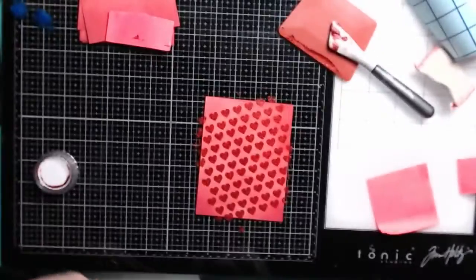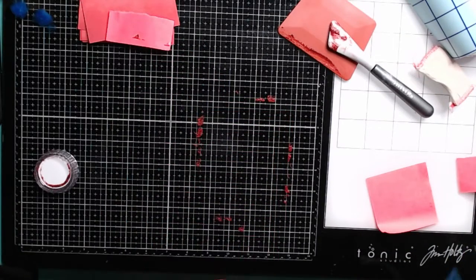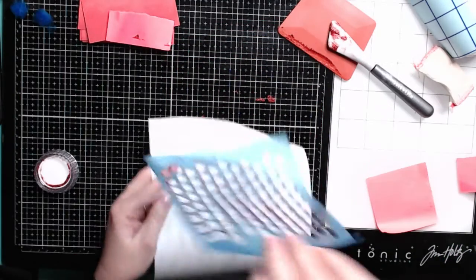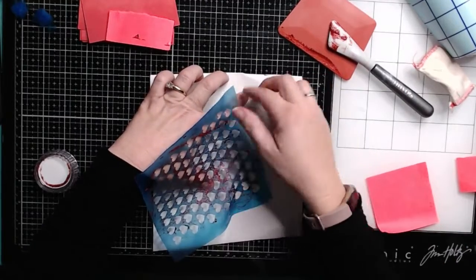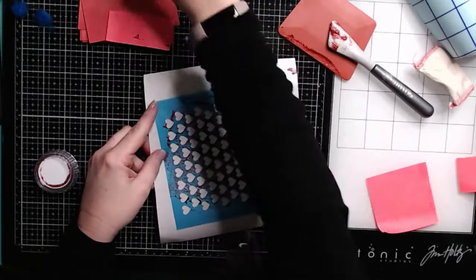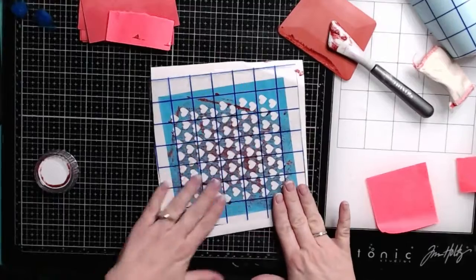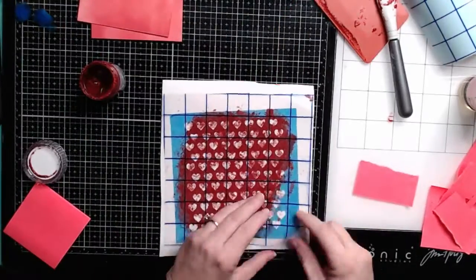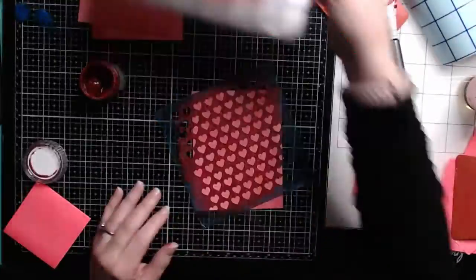It looks so cute. And now I want to store that stencil so I can reuse it. And there you go. There's the hearts. There's the background. So I'm just going to lay that stencil down on the backing it came on, and then I'll put the transfer sheet on top of it. Clean my surface, and then I'm just going to show you how I reused that stencil